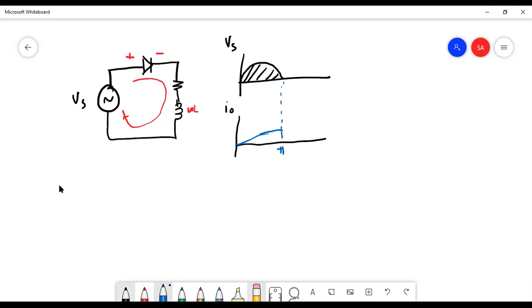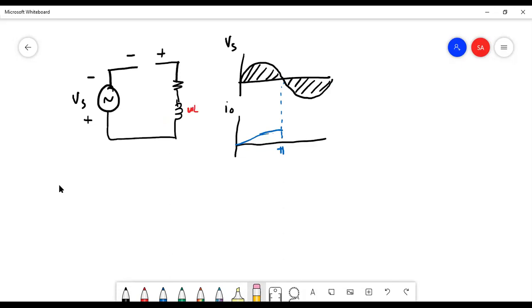And when the source becomes negative voltage, what happens? When it is a negative cycle, the polarity of the source is inverted. So right now the cathode is positive and the anode is negative, meaning that the diode will be in reverse bias. Reverse bias means that the diode is off. But you need to note that this cannot happen